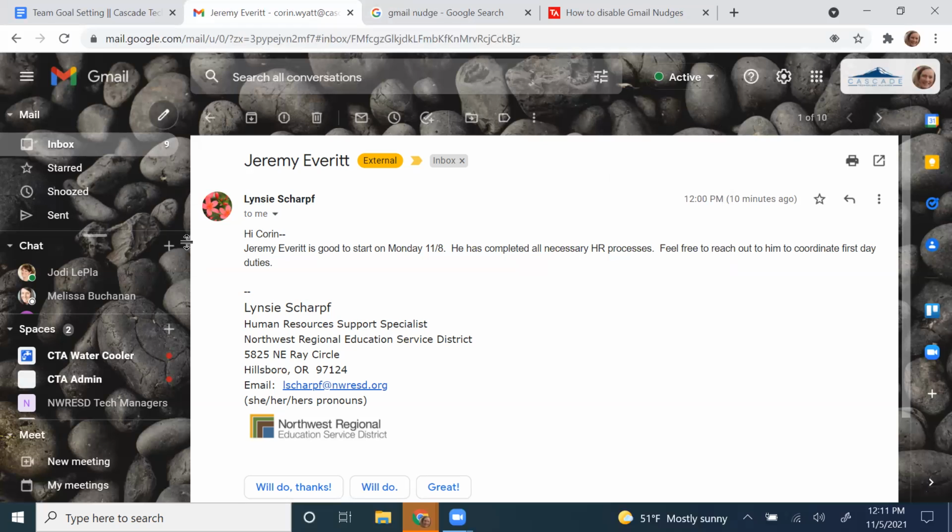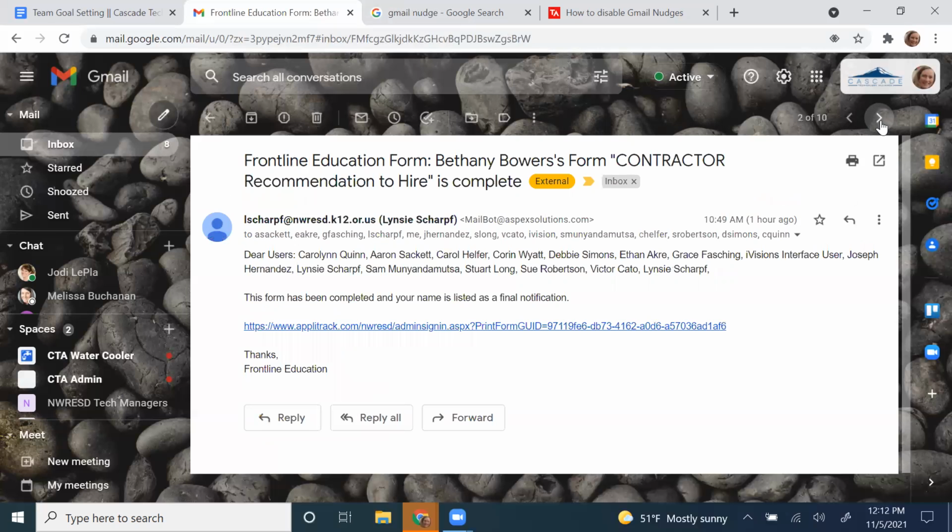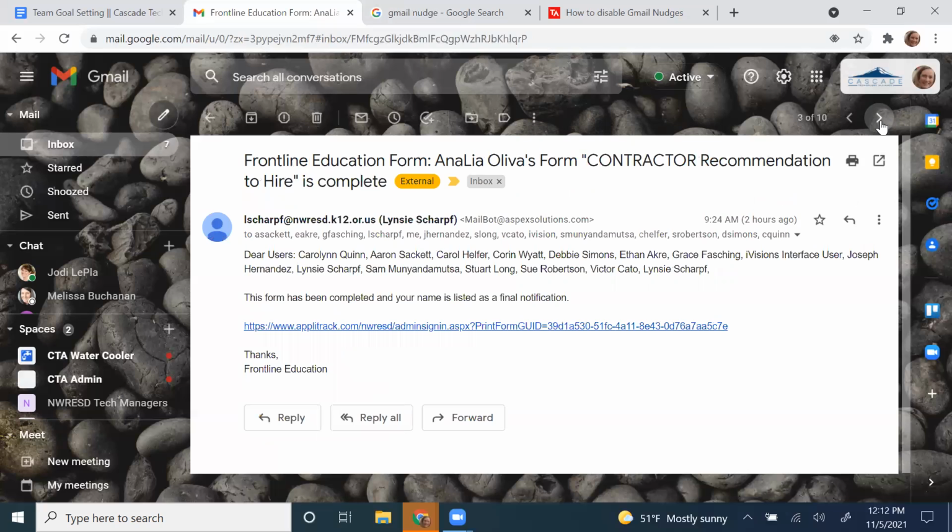The other nice thing within the message itself, so that was the more menu, there's a little auto advance up here at the top. So this is the very first message is what I clicked on in my inbox. If I want to just get a feel for what's come in overnight or during my lunch break or something like that, I can use these arrows and it just goes through each message in, I believe, in order, but since I have priority inbox turned on, it's probably just the ones that are unread and that Google has deemed important.